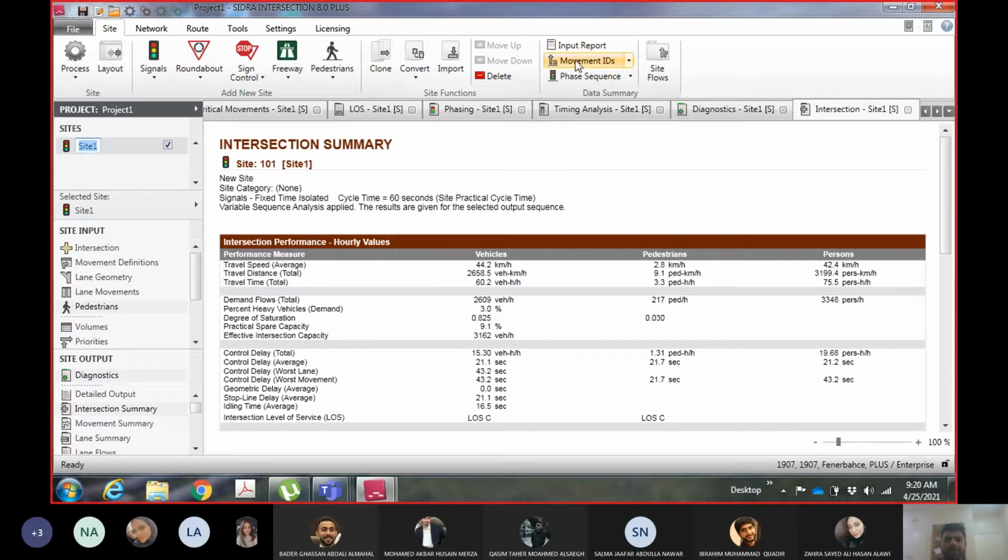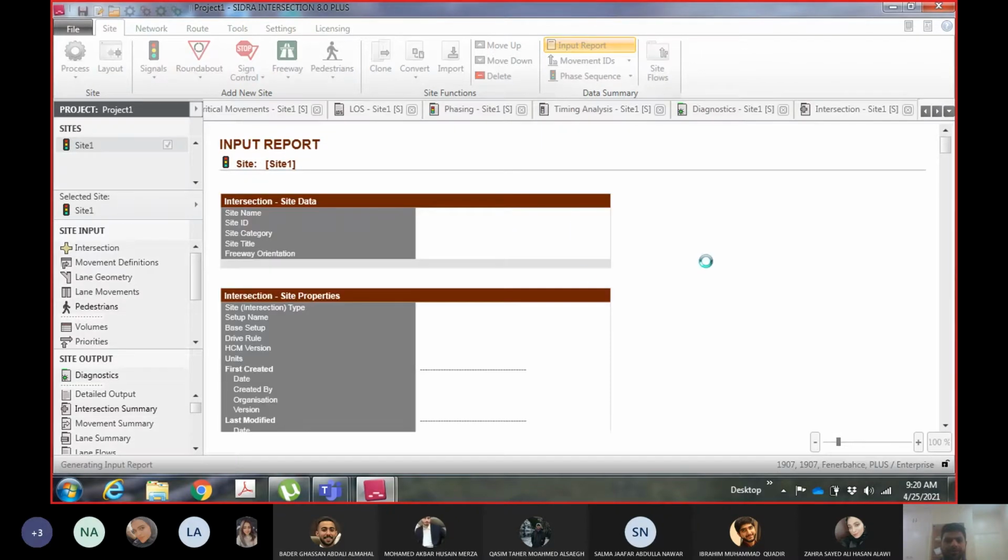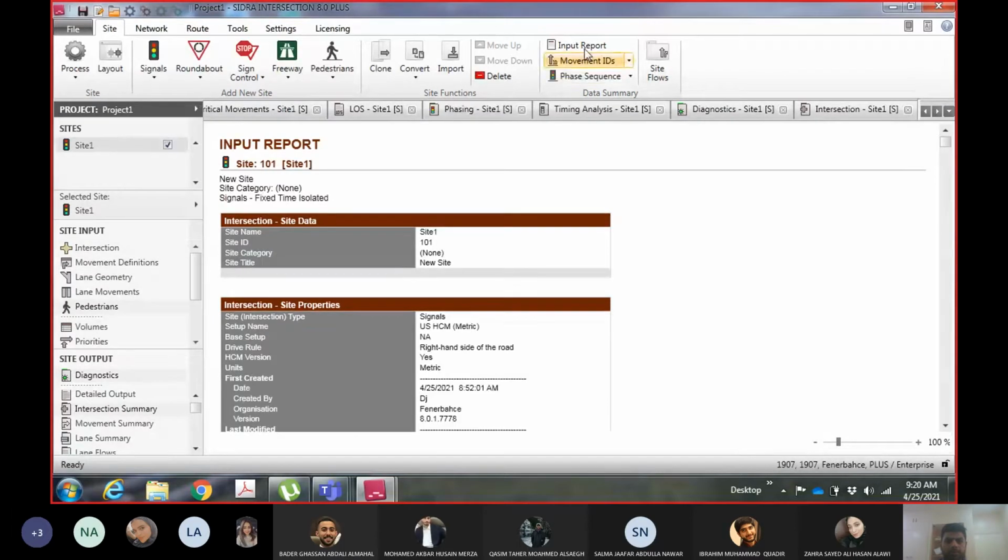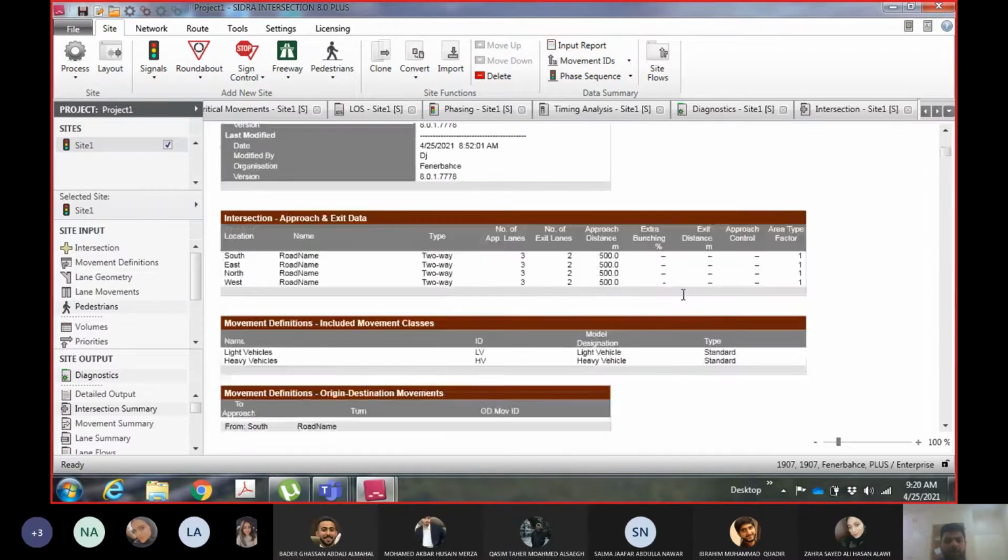Then you can see here the option for input report as well. You have to select the site from here, then you click on the input report. It will give you the input report of the site. The input report includes basically a summary of everything which you have given to the software in the site input section.